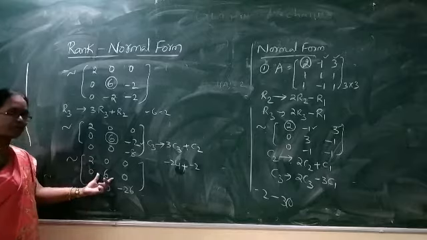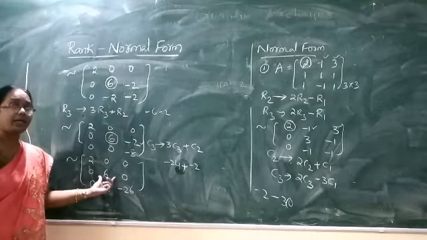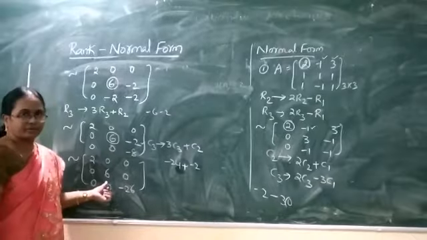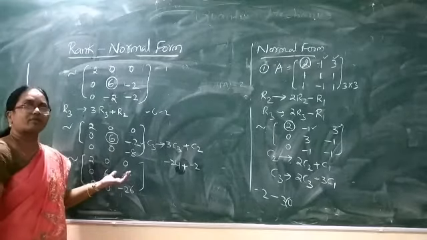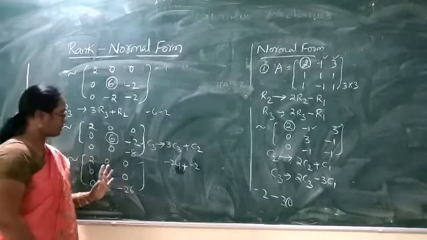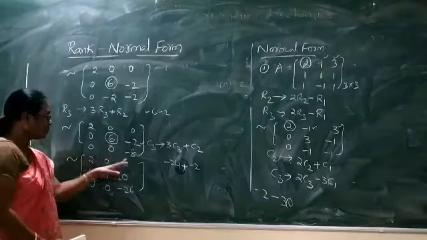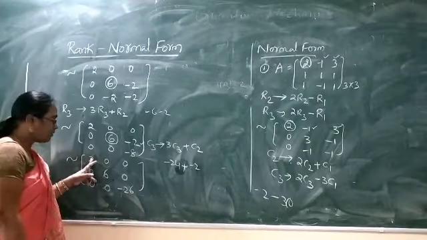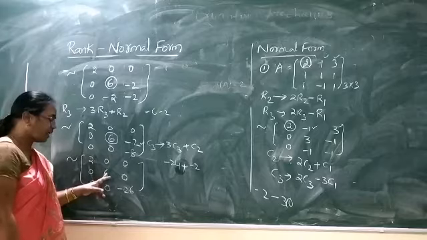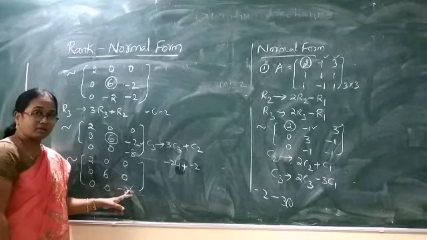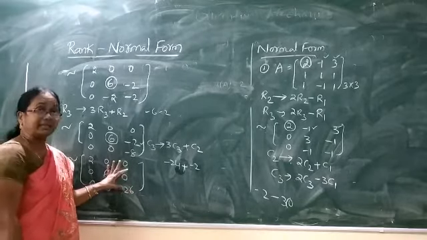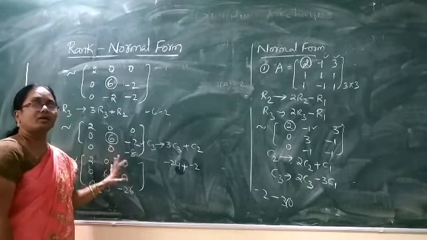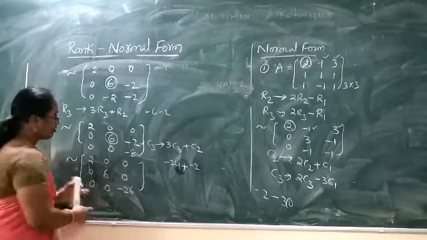So look at the form we get here. It is clearly a diagonal matrix because all the non-diagonal elements are 0 here. It is now very easy to convert this into an identity matrix. Suppose we divide the row 1 or the column 1 by 2, we get 1 here. Similarly making the second and third pivots also 1, we can get I3, which is one of the possible normal forms. So we do that.